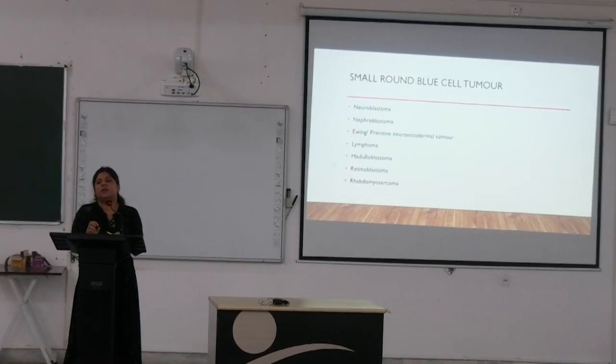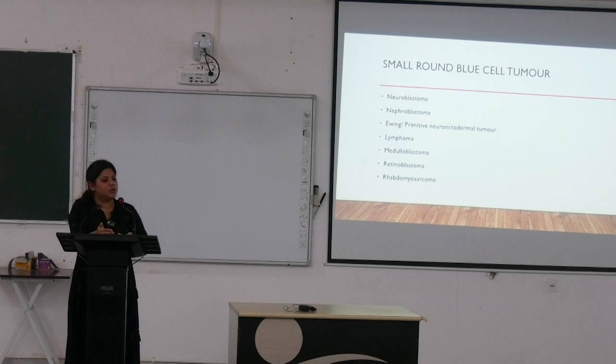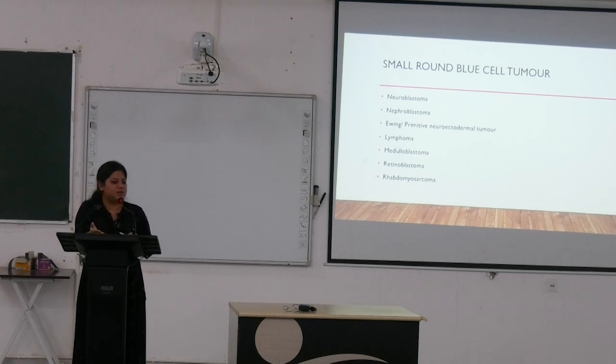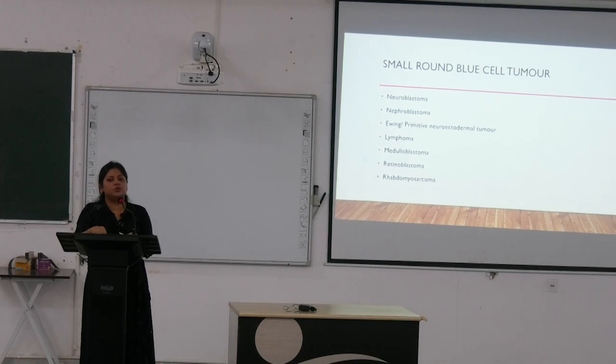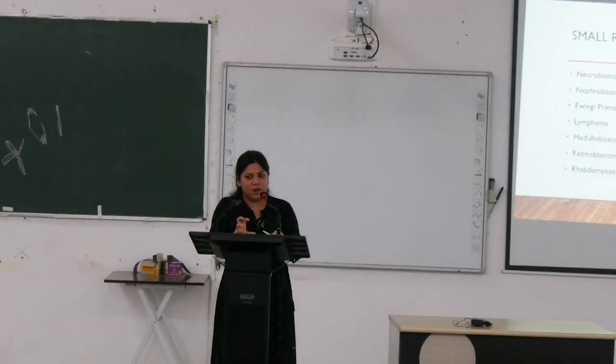Now, mostly the pediatric age group tumors, they look the same, right? It is very difficult for a pathologist to actually say what it is, especially if it has metastasized, and I am getting only the metastatic tumor. So it is very difficult to say because all of them look the same, small round blue cell tumors. They are called small round blue cell tumors because they will be round and very hyperchromatic blue, very little cytoplasm. They have a specific orientation of the cells, and that is called small round blue cell tumors,